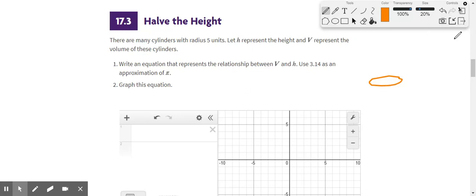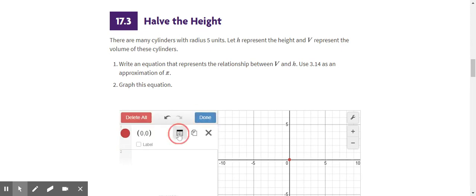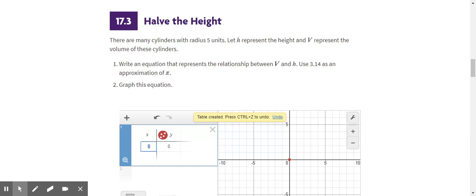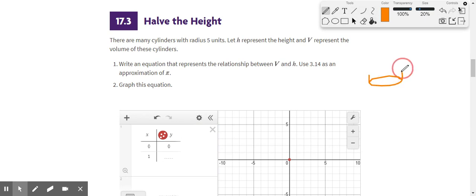So what we put in here is 0, 0 is one of our coordinates. And then we could build a table as we increase the height. So if we increase the height to 1, then what we have is a cylinder. Let's go ahead and finish this. But now it has some height. So it has a little bit of height